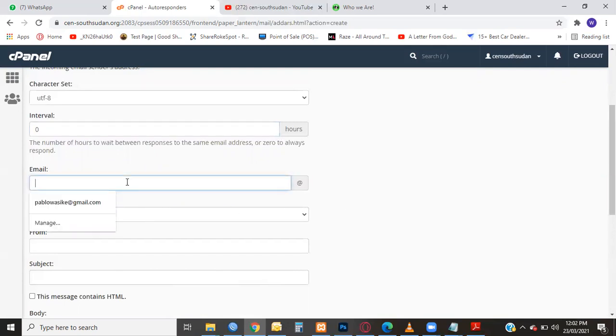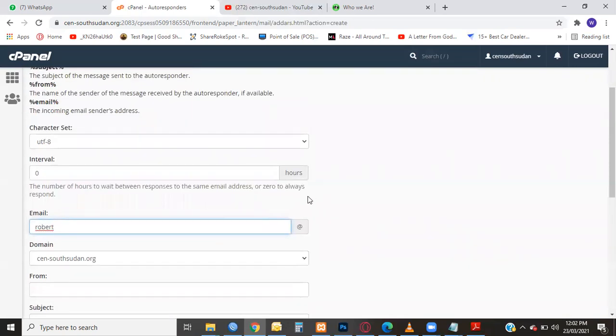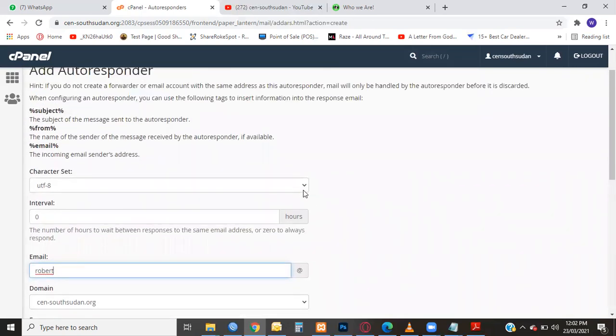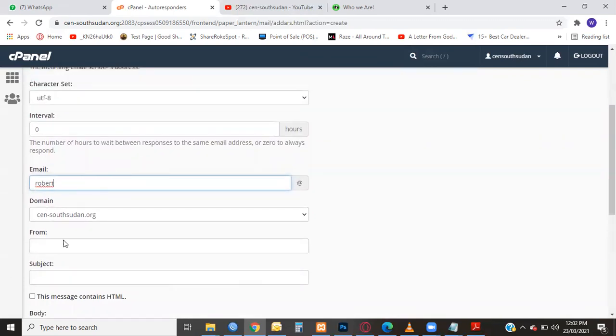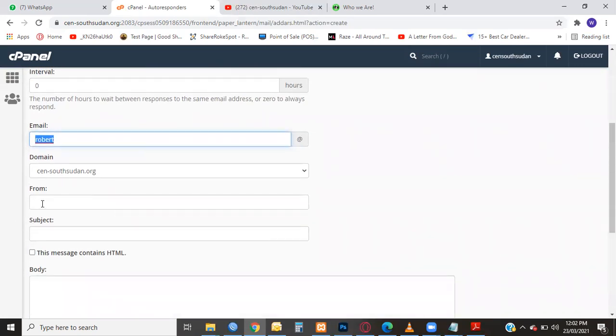You write the email. Just a minute. This email you are writing here, is it the one the correspondent has been sent, or are you assuming somebody is sending to you? We are telling the cPanel that if someone sends an email to Robert at CEN.org, it should respond. What I'm saying, like this from